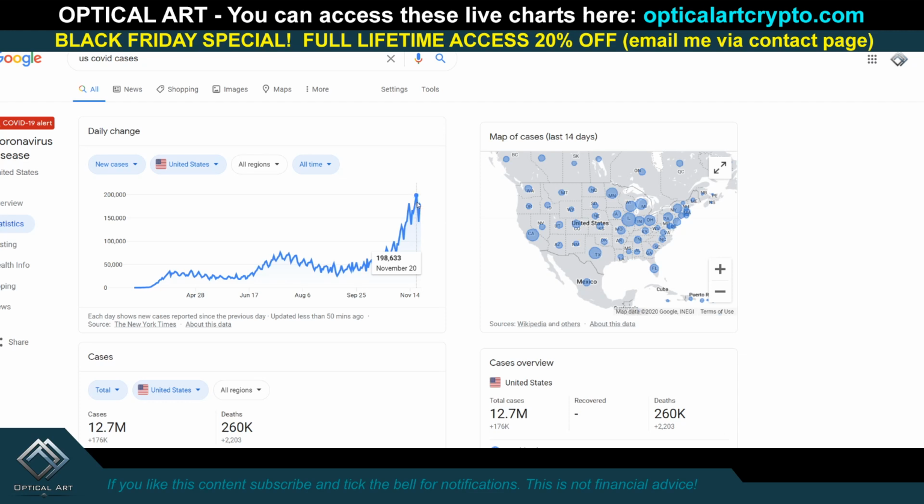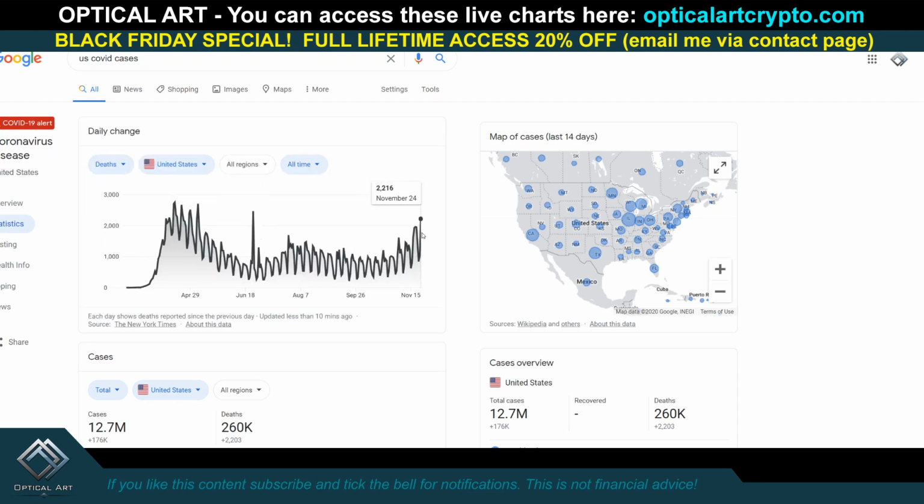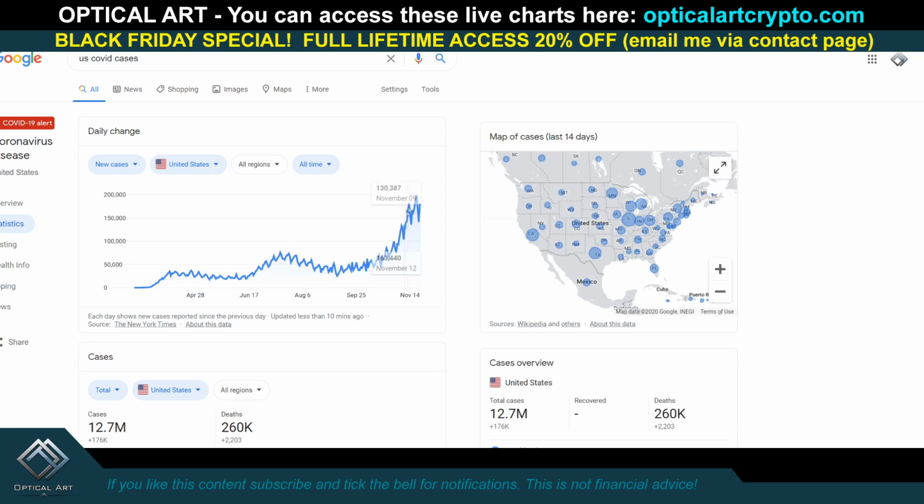Look how many cases we're getting per day. On November 20th, we had 198,633 cases in one day. As far as deaths, on November 24th, we had 2,216 deaths. This is just getting higher and higher and higher. So what I'm saying is, yes, Bitcoin, people are FOMOing in, it's going up, but it is correlated with